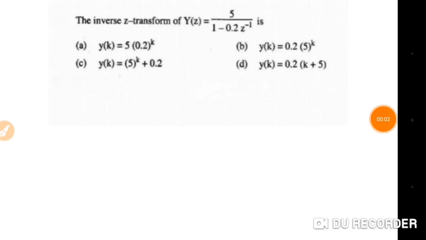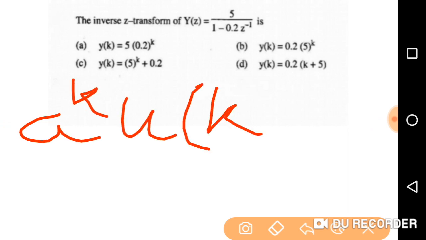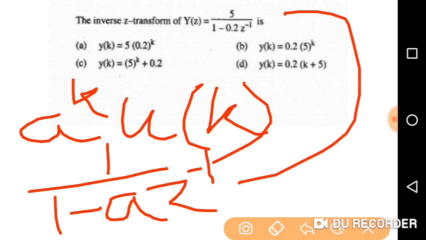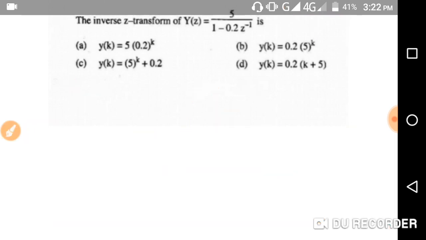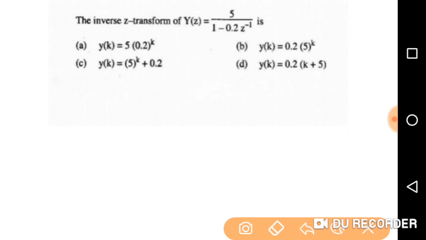Let's start the first problem. Here we have to find out the inverse Z transform. I think we know this formula: a to the power k u of k. The Z transform of this is 1 by 1 minus a Z inverse. This is quite similar to this. So by the use of this formula, we can calculate the inverse Z transform, that is